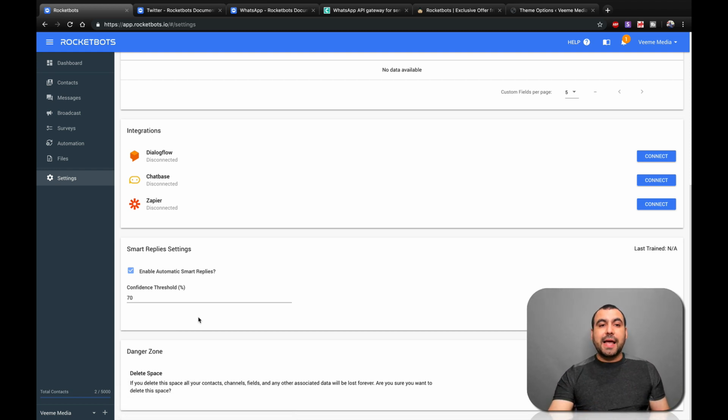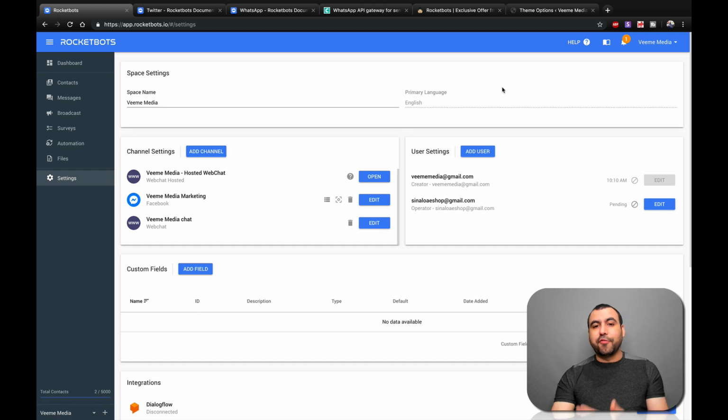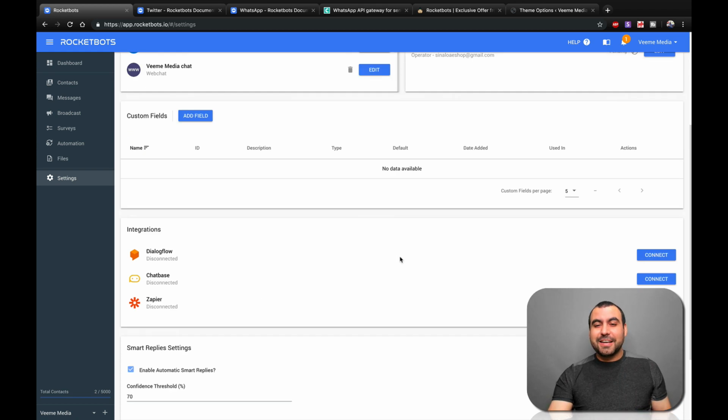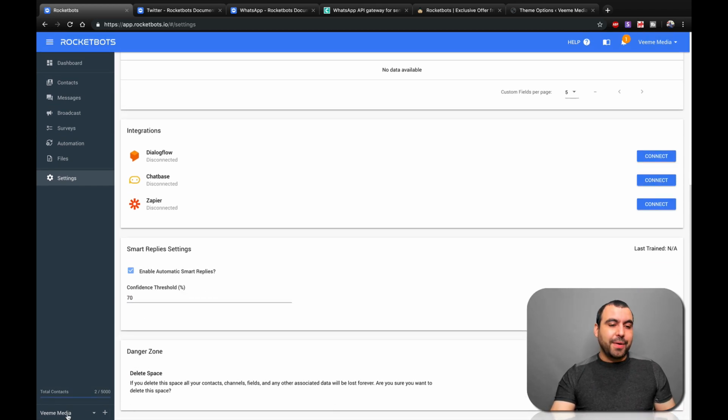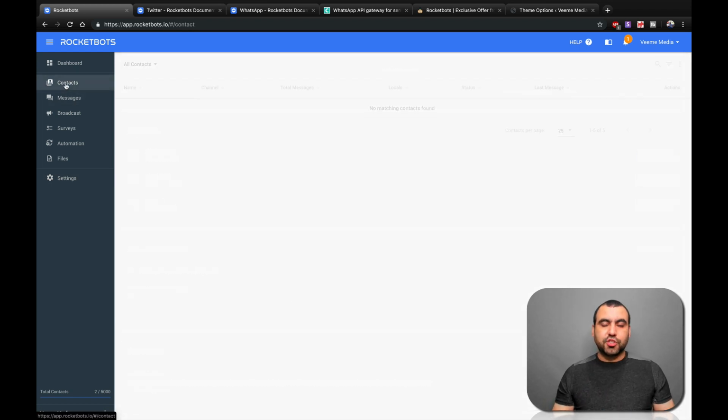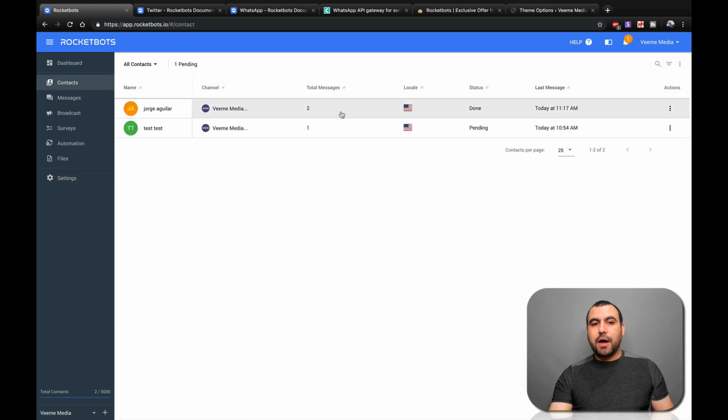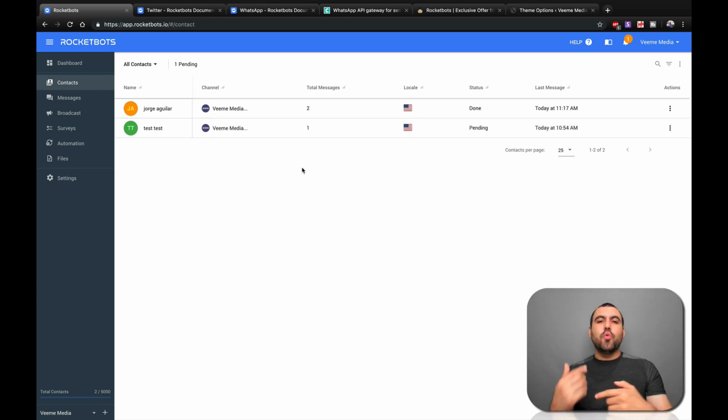And now if you think that the company is wrong, or for example here, it's in English and you know what, I want it in Arabic, or whatever other language, you can delete it right here and just create a brand new space. And the total contact count is right here. So contacts are going to show over here. Like I said, you can take them out. Hold on, it should be loading. Okay, you can take them out and you can add new ones or just remove them and clear out that